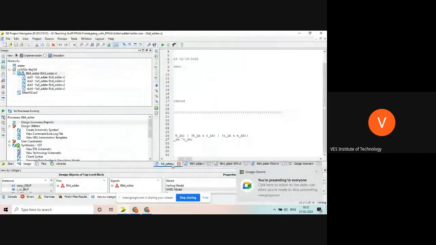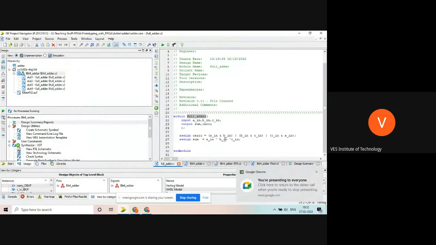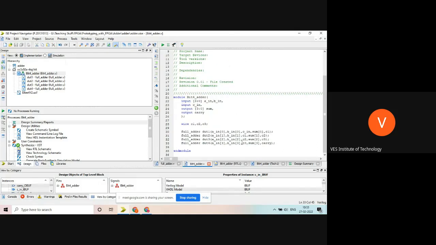So is it clear? Everybody please tell me. So we can simulate this code. Once you finish with this, please finish it quickly with 4 adder.